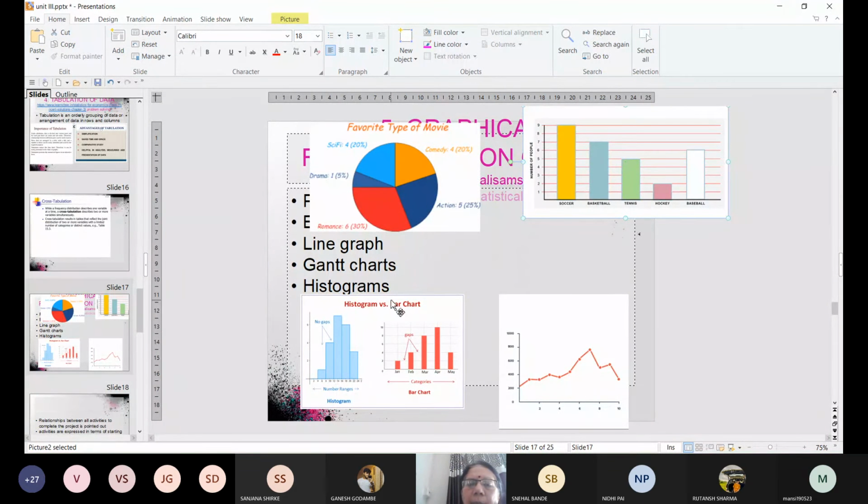Then यहाँ पे आ गया histogram and bar chart. ये जो bar chart है, this is bar chart. तो bar chart जो है उसके बीच में space होता है. Whereas histogram जो होता है similar ही होता है, but उसके बीच में space नहीं होता है. And the same things when you are representing like this, you know, points से आप represent करते हो और उसको join कर देते हो, तो उसको बोलते हैं line graph.